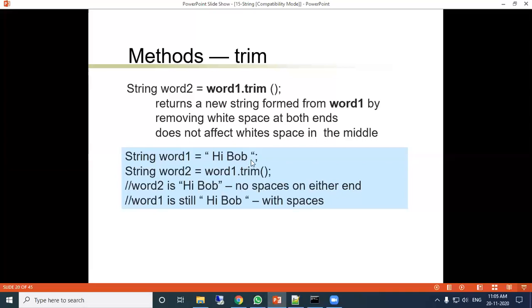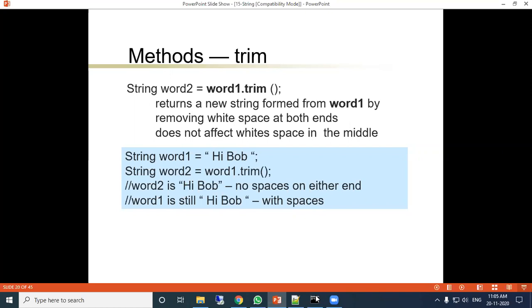So here left side and right side both have a space. So word2 equal to word1.trim(). So here the output will be this, without any other space. But the word1 value will not be changed. After trimming, it returns the value and stores it in another variable.